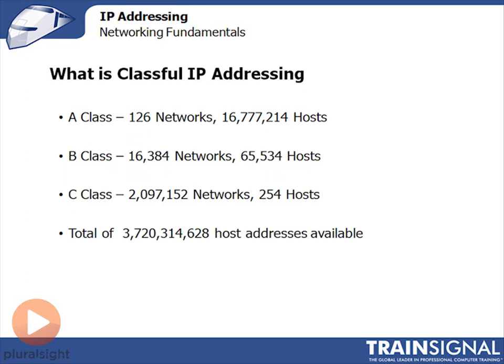Now in the A class, we have 126 networks. Why is that? Well, because it's the networks that start with 1 to 126, and only the first octet is the network ID, so it can only be those 126 networks. But since the last three octets all make up the host ID, if you did the math, and I will tell you, there is some math to be done, the simple way of doing it would be basically to say that you can have